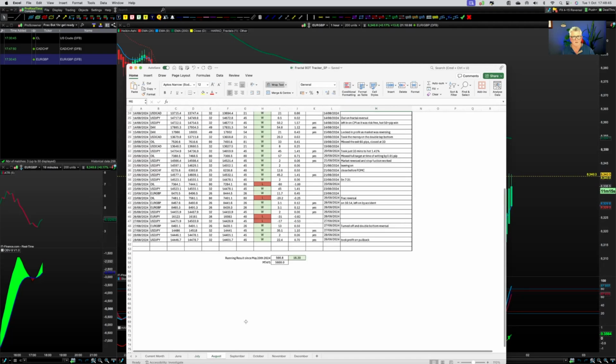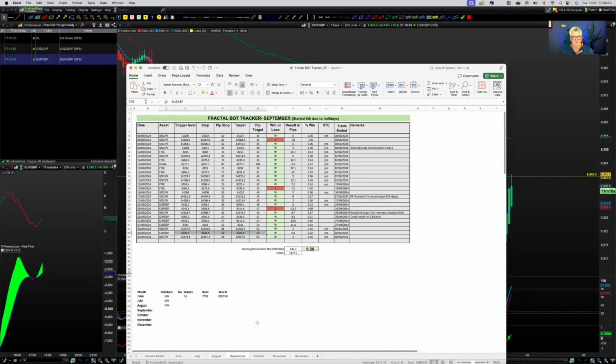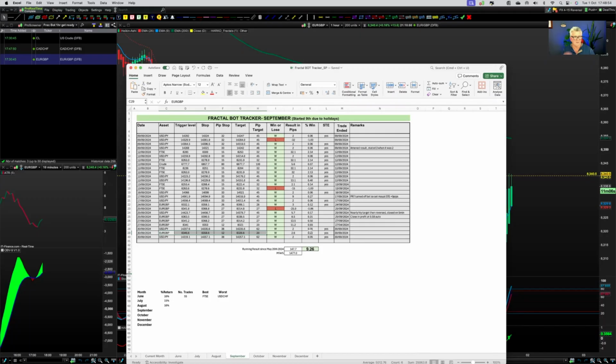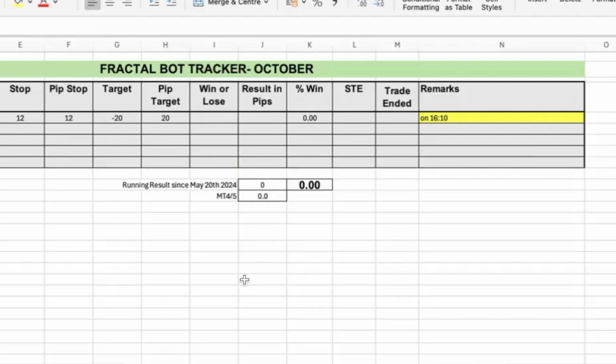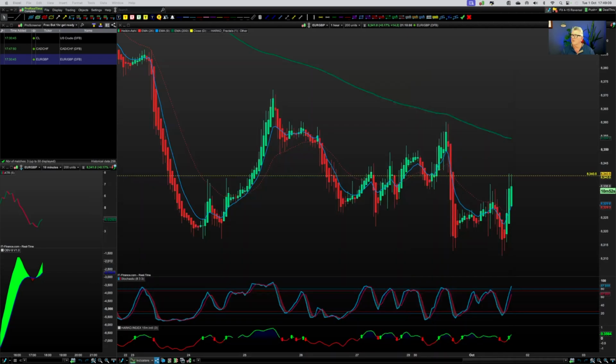August, it made 16.3. September, now September made 9.29. I had a holiday in September, so I didn't really switch them on and off very much. So we've got the new current month, which is October. So what we do is track every single bot we trigger that we switch on, and we do it through